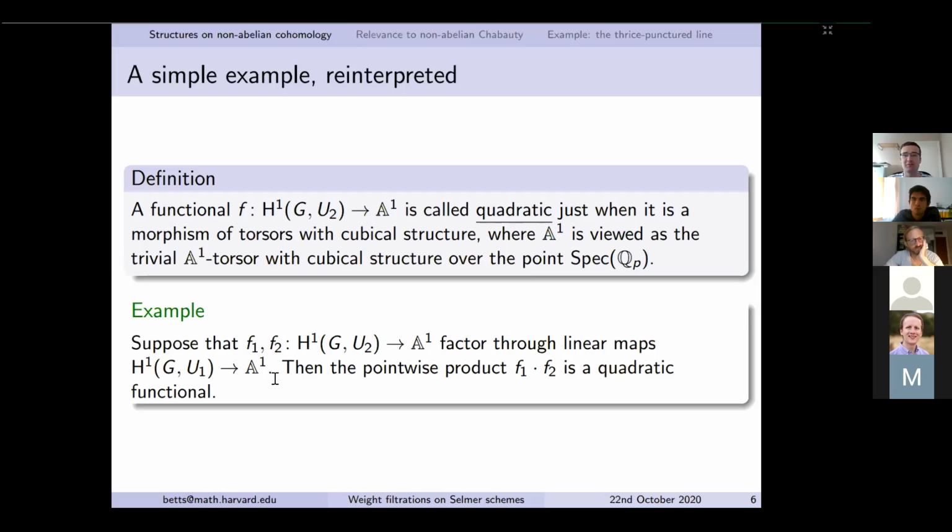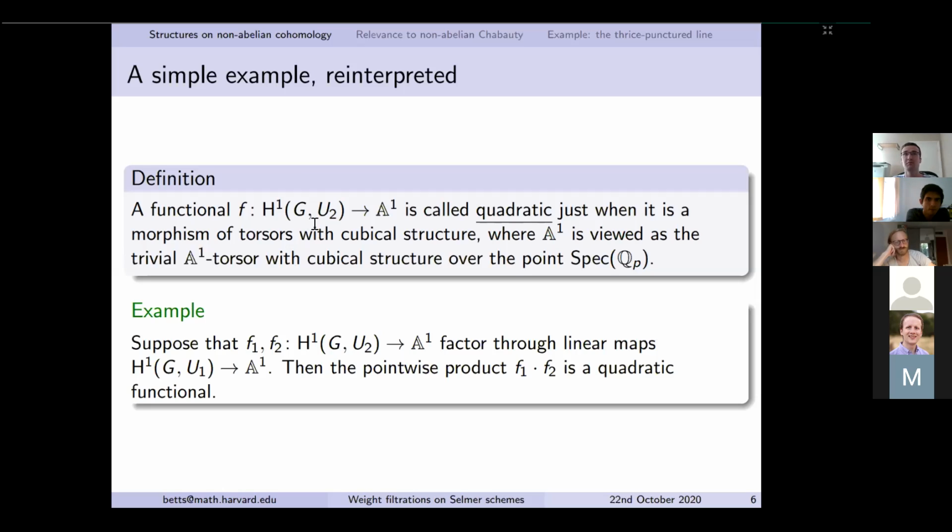As is maybe already apparent from the 8-fold alternating product on the previous slide, if one is going to try and generalize this to deeper unipotent groups, maybe 3-step or 4-step unipotent groups, attempting to describe something as intricate as a cubical structure is going to be a real pain. So it turns out to be easier, rather than understanding cubical structures and all this quite complicated theory, to just focus on maps out of the